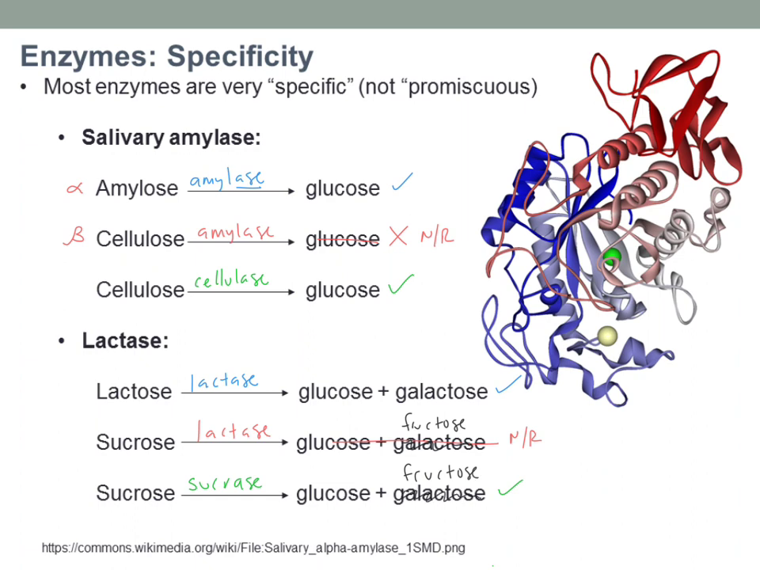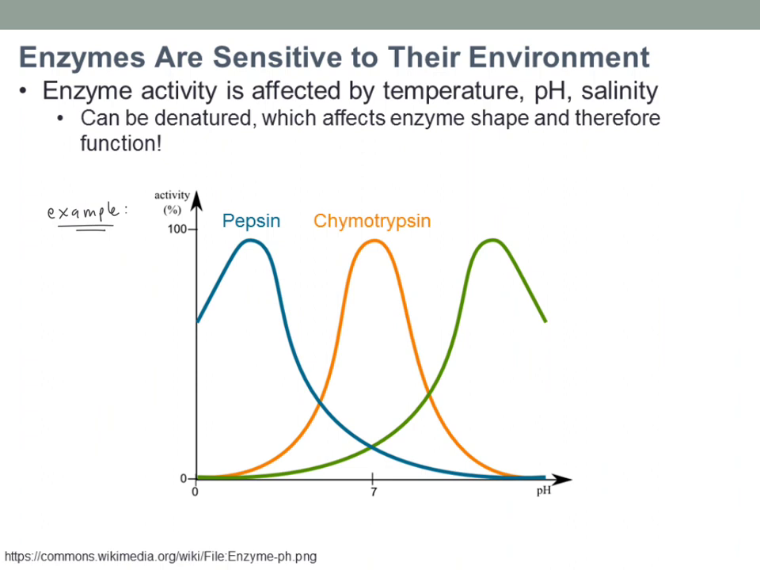Right, because sucrose is a combination of fructose and glucose, not glucose and galactose. My apologies. So again, just the idea here is enzymes are very specific. They only work on the thing they're supposed to work on. Now, another thing to keep in mind is that enzymes are sensitive to their environment, that their activity can be